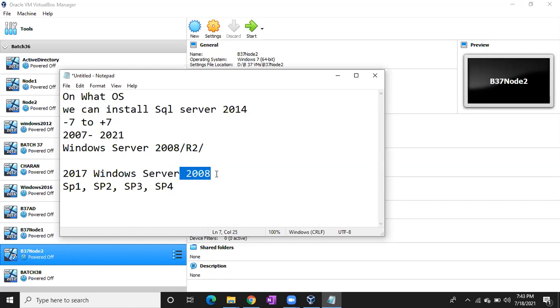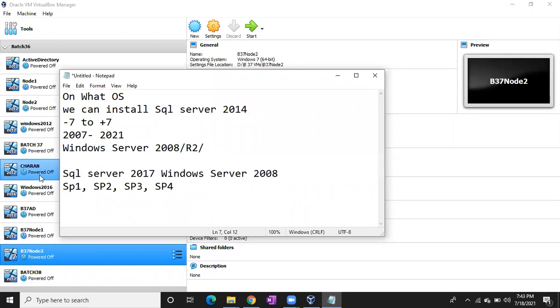In case the customer is still asking, no, I want to use Windows Server 2008 only, at any cost, I need this. In such cases, usually what we can do is patch the operating system. Why? Because the lower version software is the operating system here. The higher version is 2017. If you patch SQL Server 2017, what is the problem?